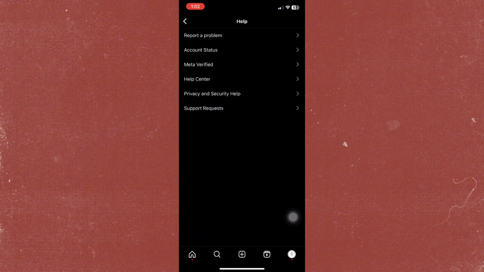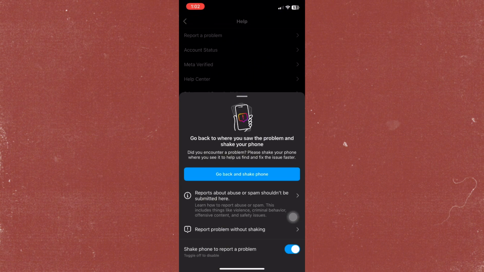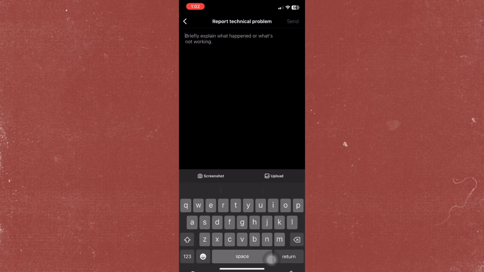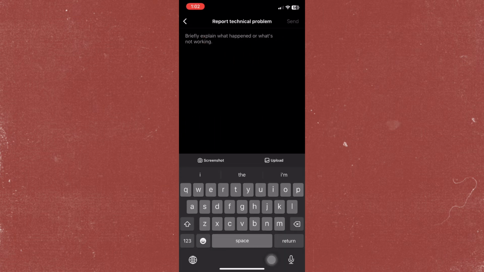and look for help, this one. And just tap on report a problem. And then tap on report problem without shaking. Then just continue, and in here you just have to type in your concern, which is the create with AI option not showing. So I'm typing here, hi Instagram team, my Instagram account is not showing